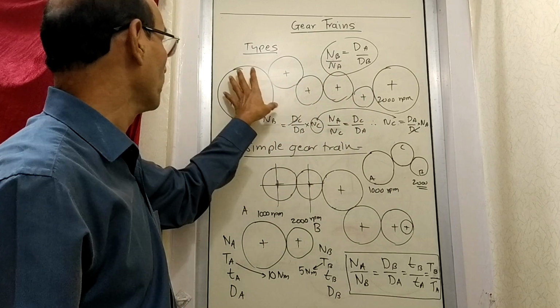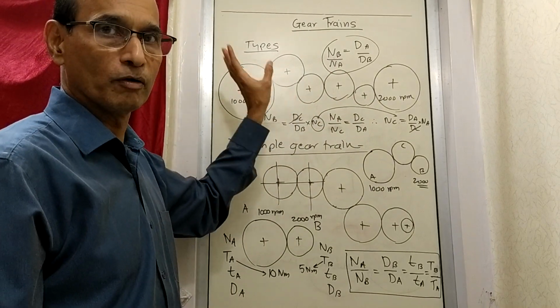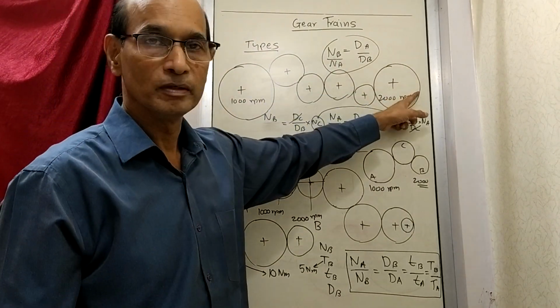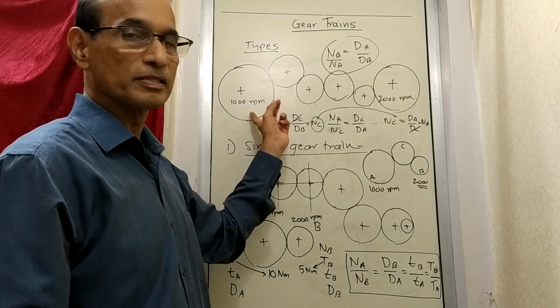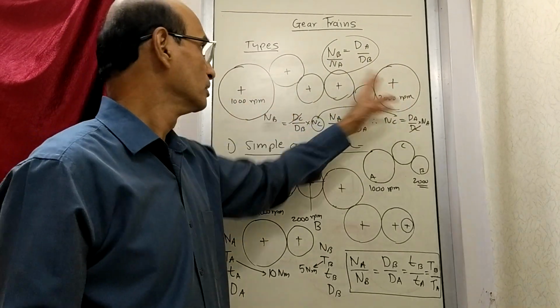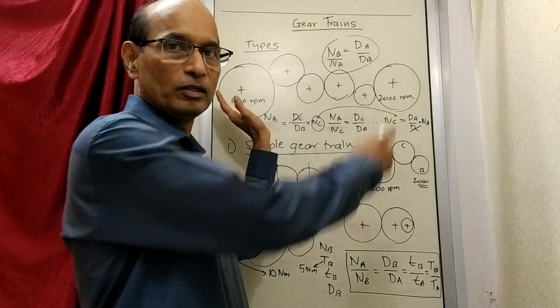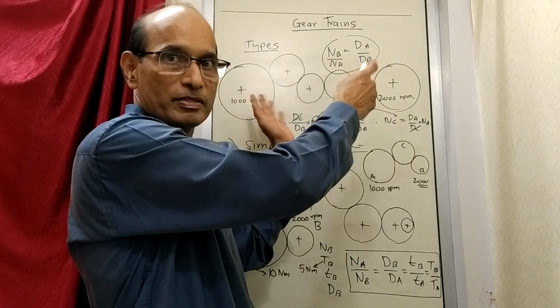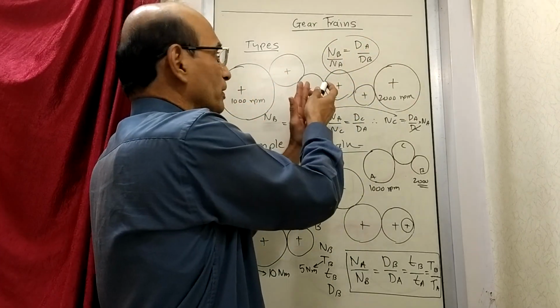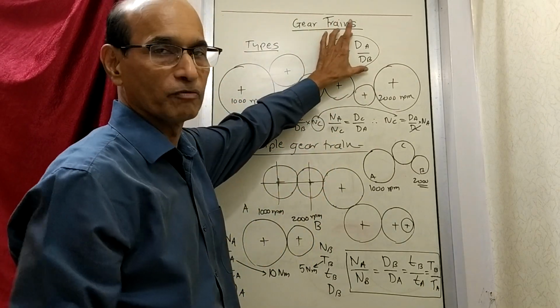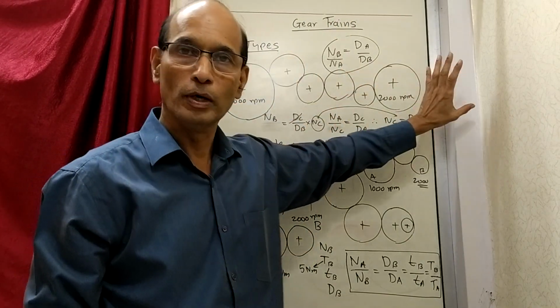That means here also you want to find out the speed ratio. You are given a speed ratio and you want to find out the speed of this gear. All you have to do is consider that as if they are in contact, as if this is not real. Imagine that they are in contact. According to that you write the formula. All the in-between gears, they don't do anything.